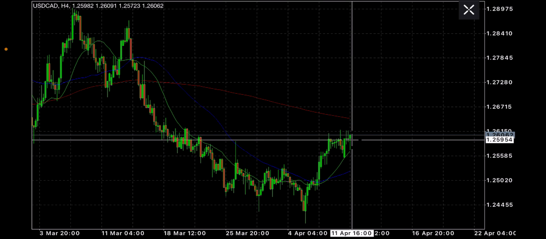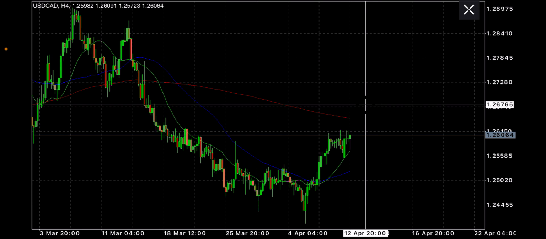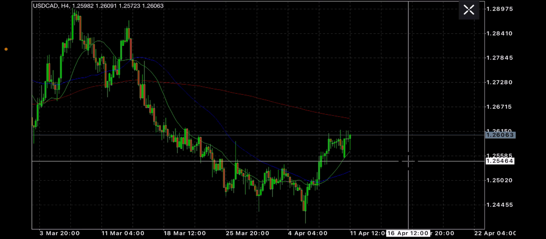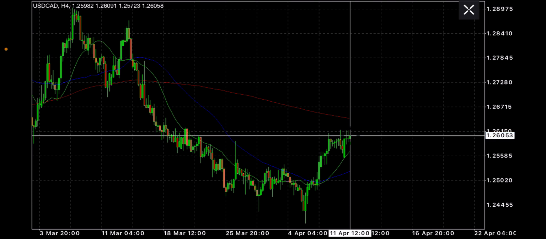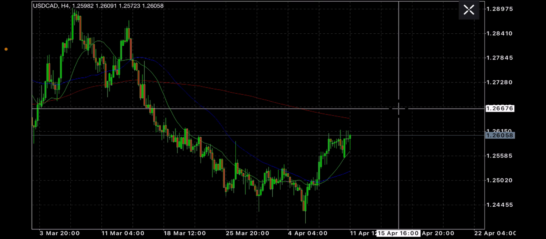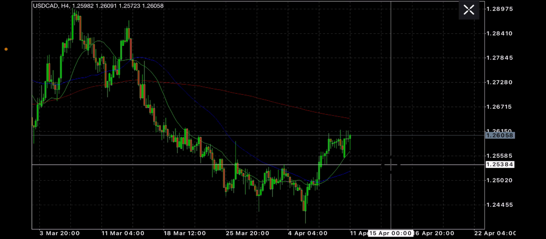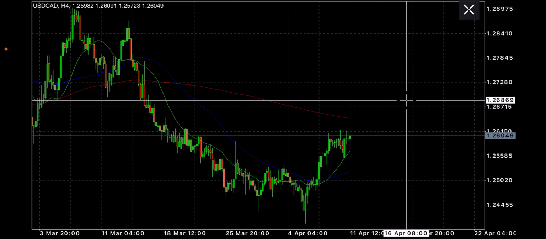For right now, this is looking like we're going to get to this area here before we have a drop in price, possibly here or here, before we continue to go back up. As long as the current fundamentals hold, one of several scenarios can play out. We can range here, then continue to go up. We can range a little bit, have a pathetic push down, and then push up. That's as long as the current fundamentals hold and oil continues to drop.